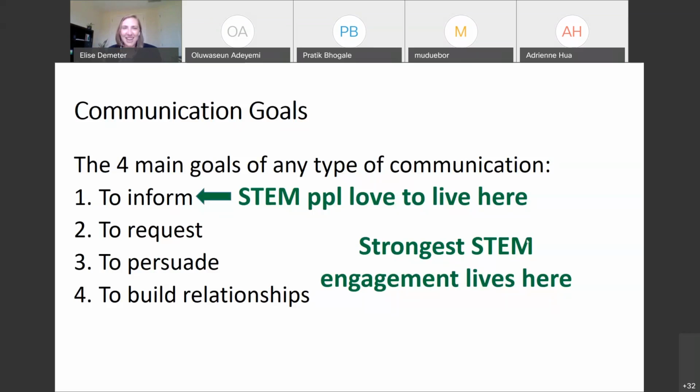And so that's great. And that's an excellent goal for STEM communicators. But I want to encourage you guys that really strong STEM engagement and engagement with the public really lives with numbers 2, 3, and 4 as well. Because presumably we don't just want to tell the public all of our basic science trivia facts, but we also want to persuade them to make good decisions in public policy. We want to persuade them to make good decisions about public health and as consumers and as people and human